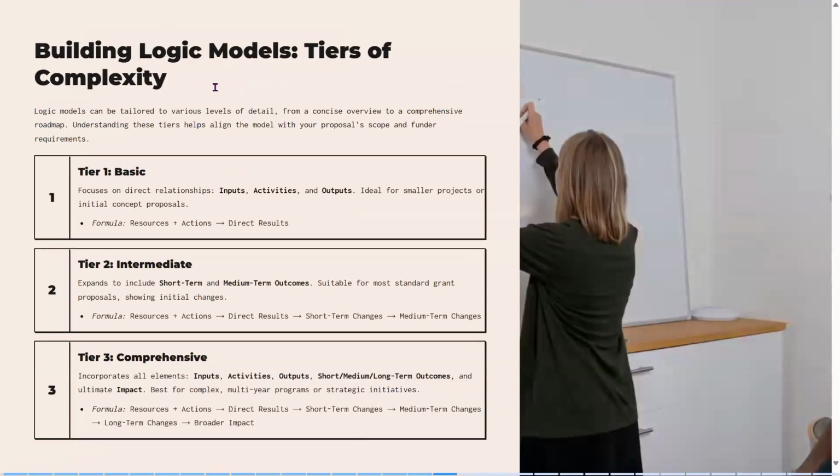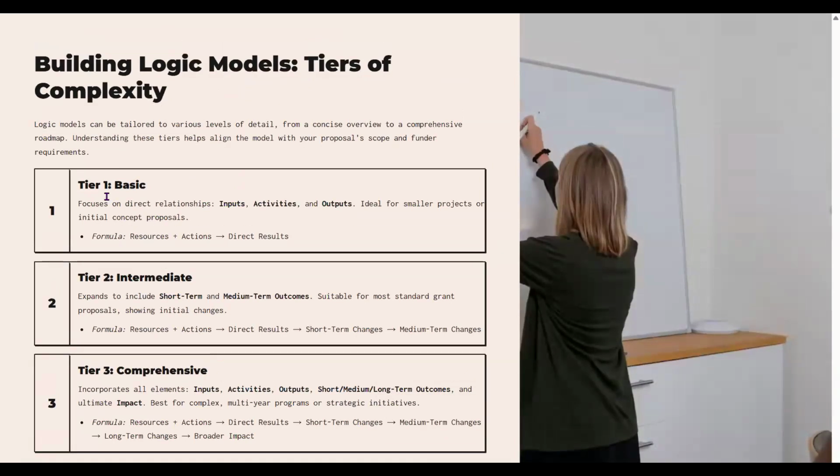And then logic models have different tiers of complexity. So first, again, I have formulas here because I love to make sure formulas are included. So first you have your first tier, which is basic, and it focuses on direct relationships. So only involving inputs, activities, and outputs. Ideal for smaller projects or initial concept proposals, right? So your formula for that is resources plus actions equal direct results. That is a very quick way to throw together a logic model